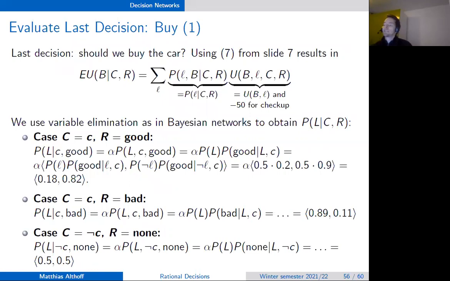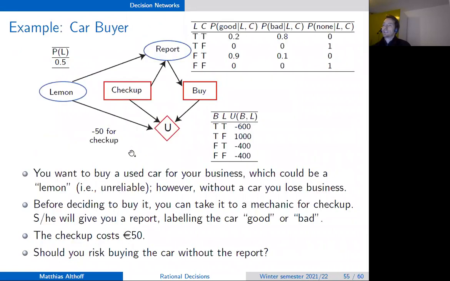Okay. I mean, this is actually basically the same as evaluating a Bayesian network, right? So we have to compute the probability of L given C and R. And as you know from Bayesian networks, this can be done by normalizing the joint distribution. And how is the joint distribution computed? We look at